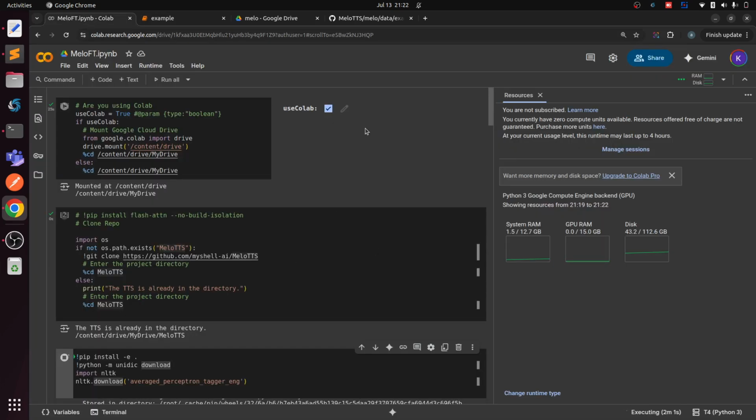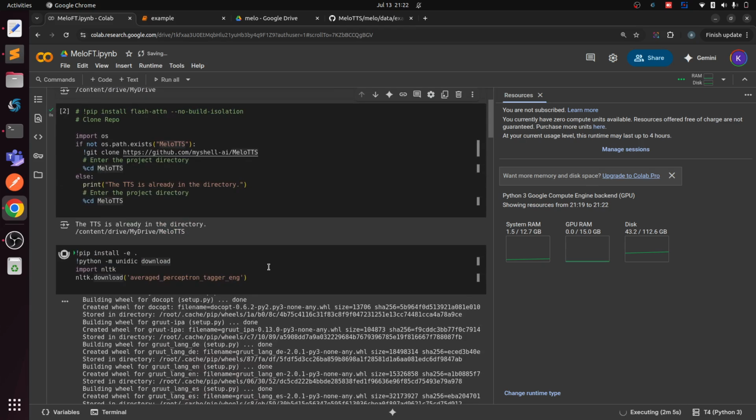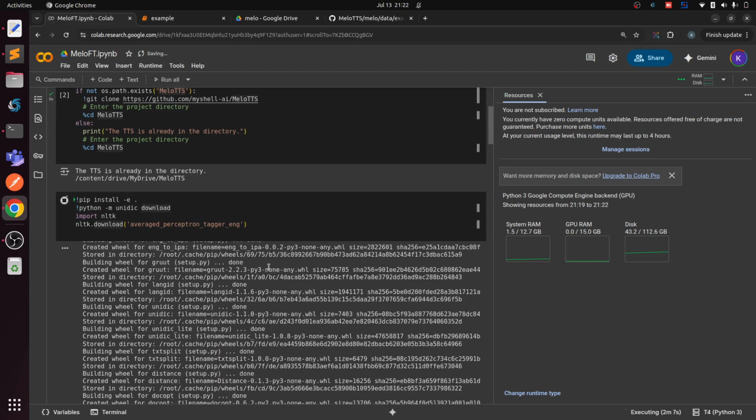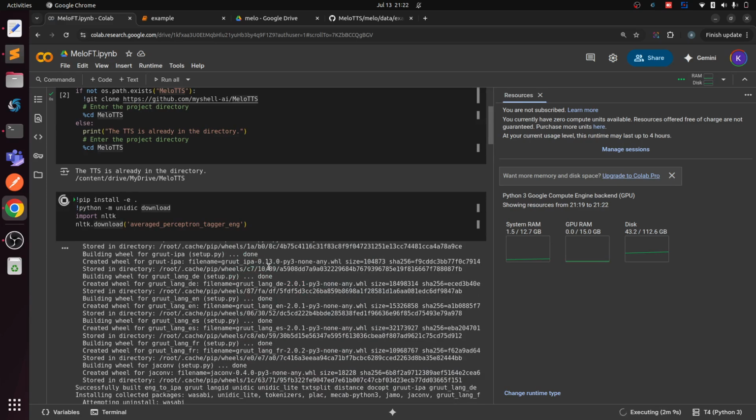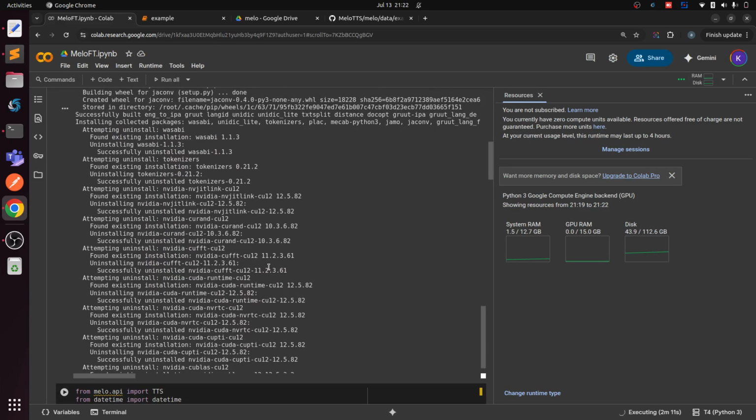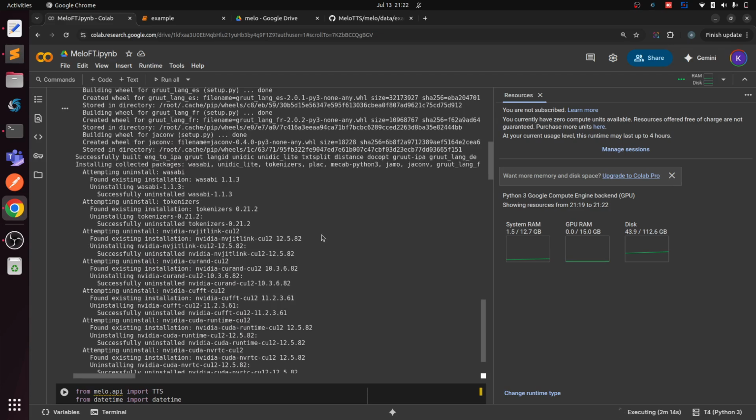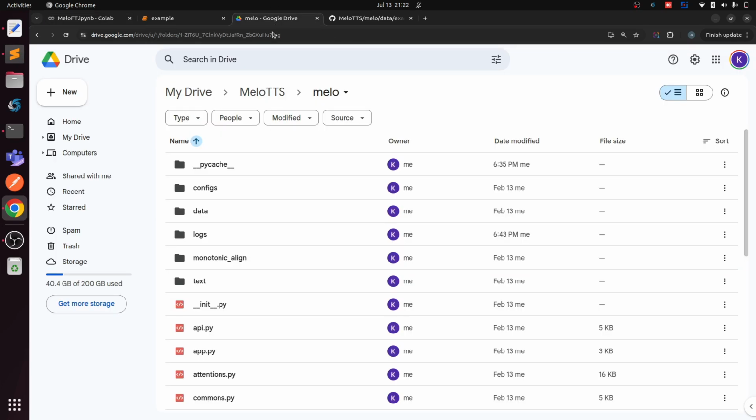I've created a Colab notebook for that. I will share it. Just give it some time. I've already started it for setting up the environment. Okay, till the time the environment is getting set up,